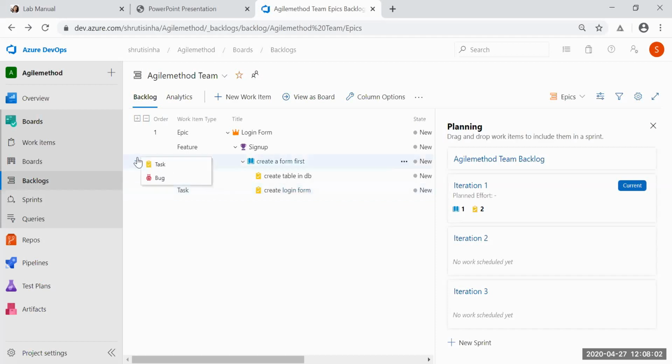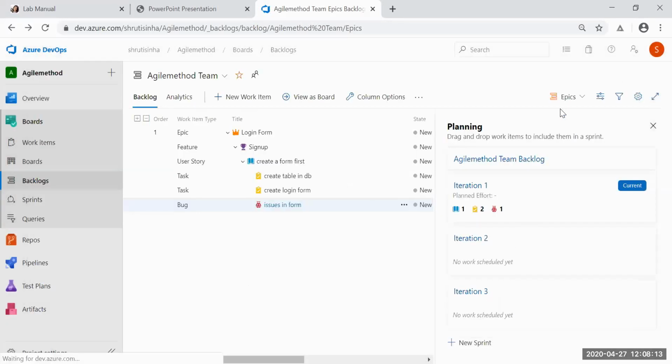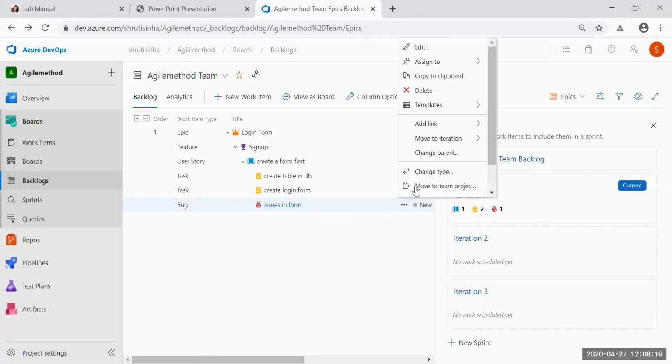Okay. We can create a bug also. Yes, it is reported as a bug. Assign it. Right now, every level can be assigned to different people.